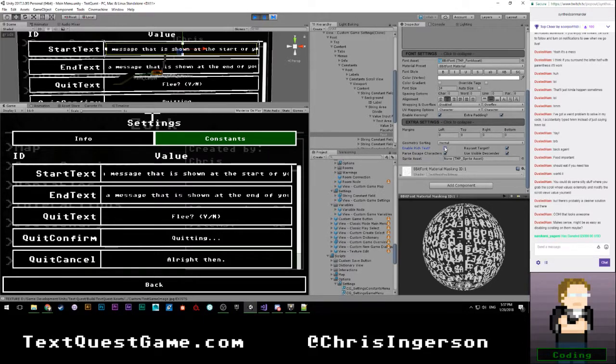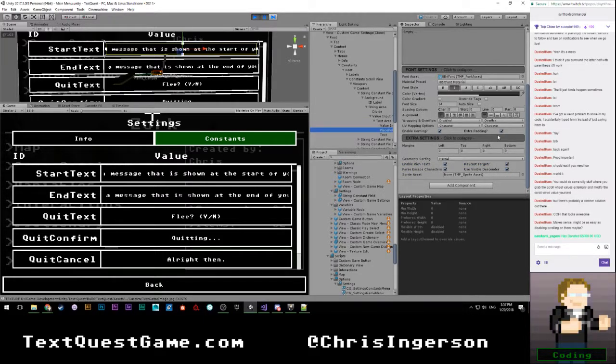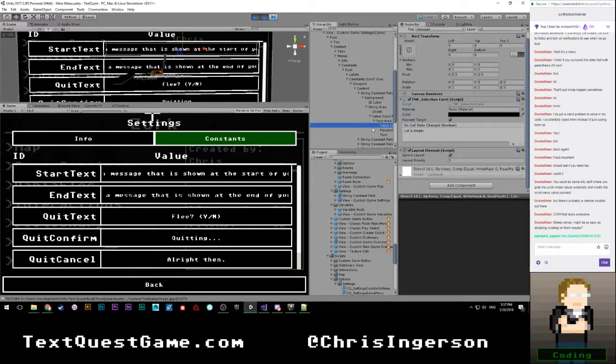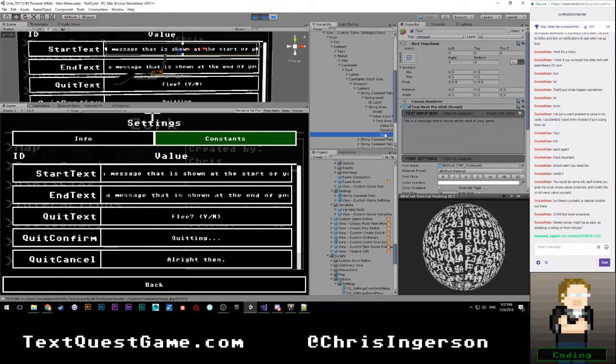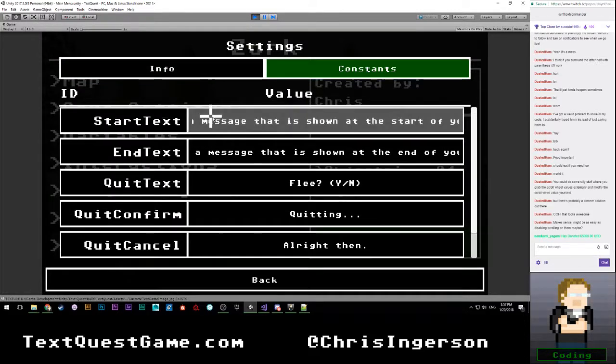Because if I turn off raycast target on both of these things, then can I do that? So that was done in our, let's see, what was this? Messages shown at the start of your game. Okay, so let's go ahead and resume. Nope. That's disappointing. I was hoping that turning off raycasting on the actual images or the text fields themselves would work.